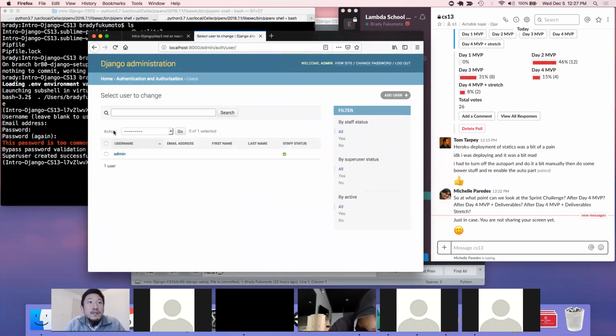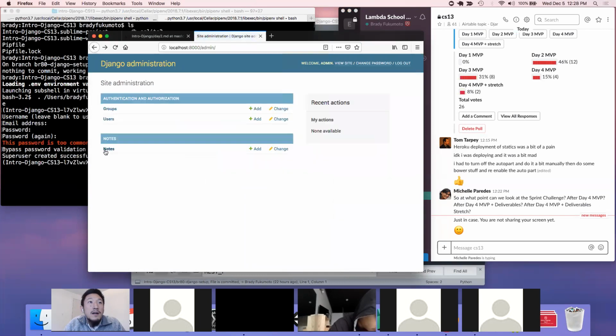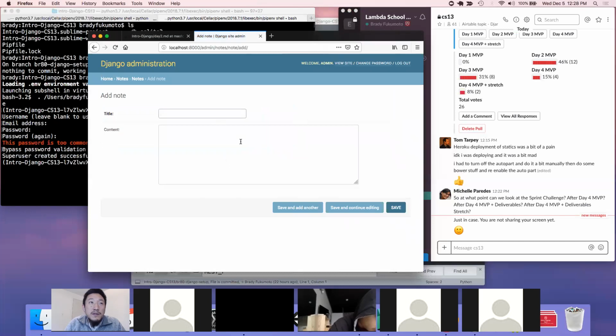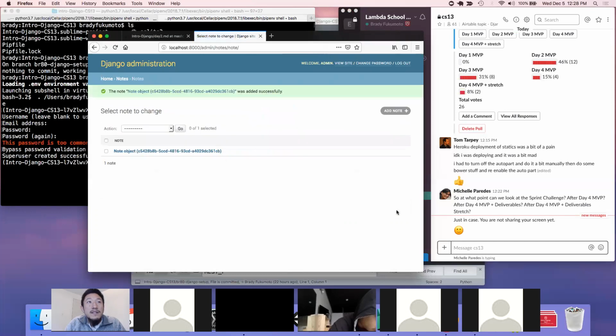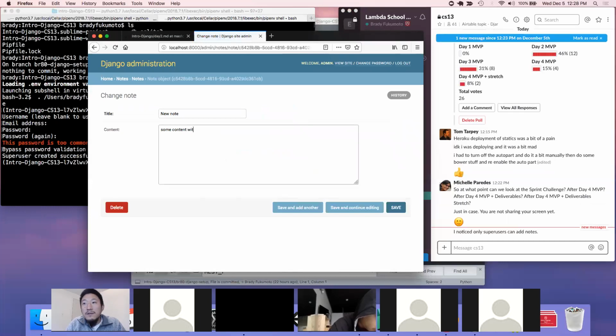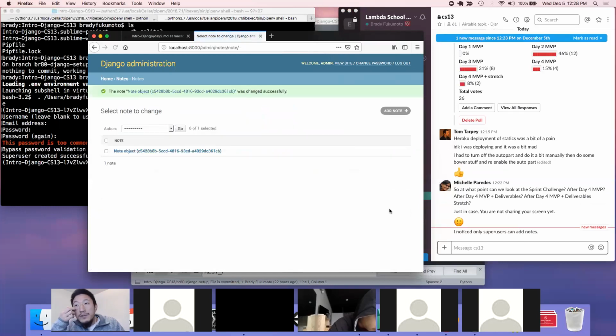We can see our users. Here's my admin user. Here's some notes. I have no notes. Groups, we don't have any groups yet. This is nice because we can add a note, new notes, some content, and we can save. And we can see our note here. We can also edit it. Yes, only superusers can add notes. This is admin, so you should not be able to log into admin with a regular user. You also cannot create superusers if you,